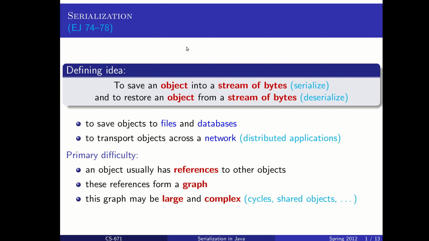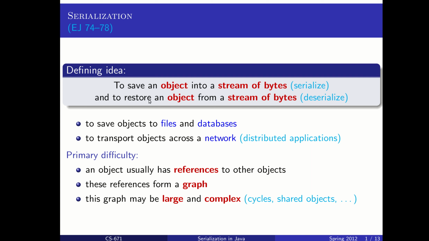Sometimes in our programs, we need to either save the objects that we have in memory, such as storing them in a file or a database, or we need to transmit those objects, like over a network connection. When we store or turn an object into a stream of bytes, this is called serializing the object. And when we restore an object from some stream of bytes, such as a file or something sent over a network connection, this is called